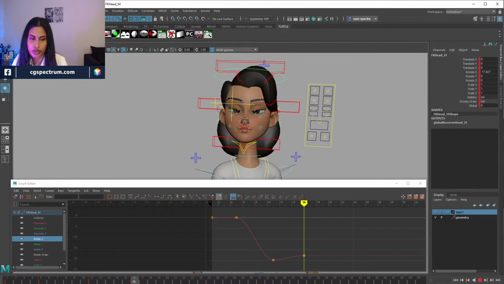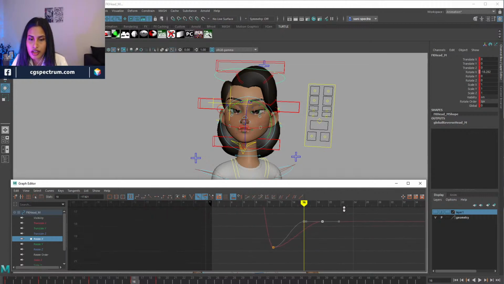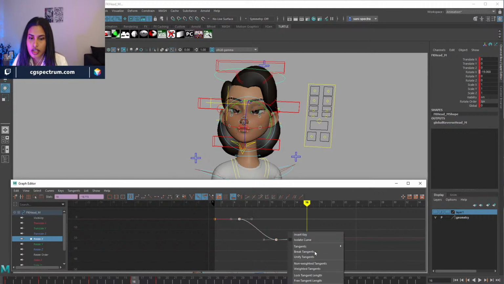So that overshoot, I really don't like it. I'm going to push a few frames and reduce the timing. I don't want too much of an overshoot, as if she's shaking her head. So this is my A to B, the end pose, right? I just want it to overshoot a little bit, not that big. And then again, I like to work with weighted tangents so that I don't have to put an extra key just to get the favoring animation. So I just break the tangent, pull out this curve,